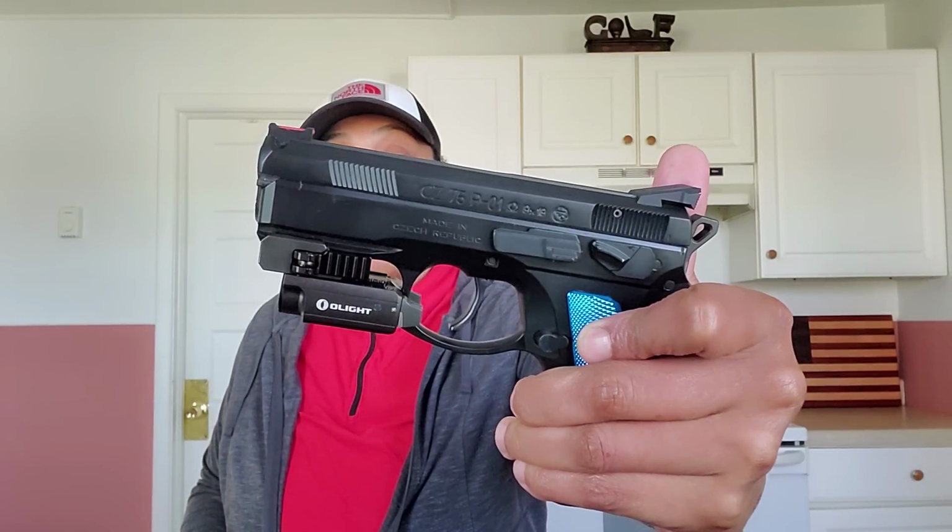However, I don't know how much longer I'm going to carry it. I mean, I change my mind like the weather, but I did carry it for several months. I probably carried that gun for like 6 months. I carried the VP9 SK probably like a year, but I have moved on to the CZ P01. Now, this will be my second option,